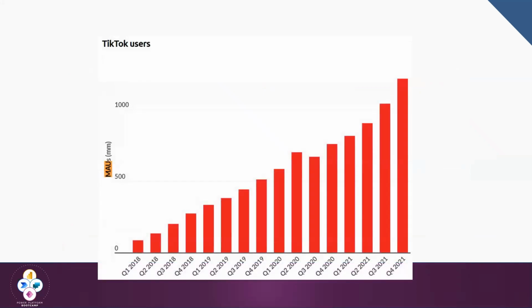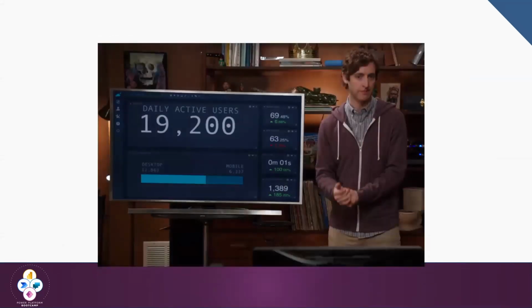If we go and check some other competitors, like TikTok, for example, on the earnings, when they present the results on a quarterly basis to the investors and present the growth, they always use similar KPIs: monthly active users, daily active users, the ratios, and so on. Or not only that, if you have seen the show Silicon Valley on HBO, which I really recommend, it's super funny. This is about a